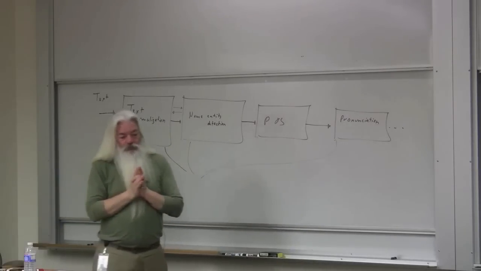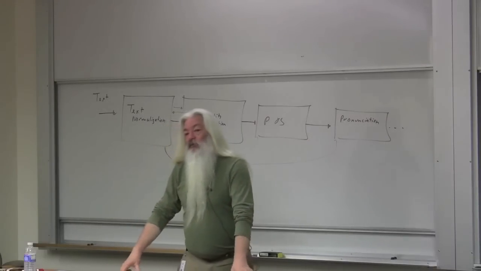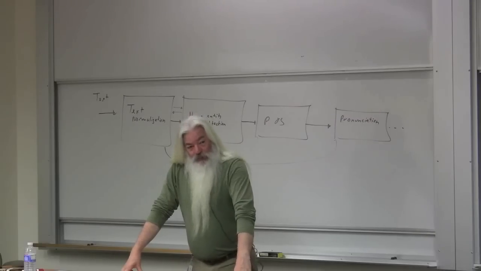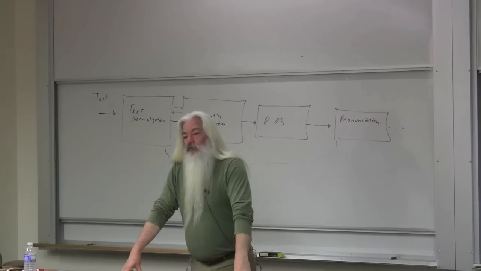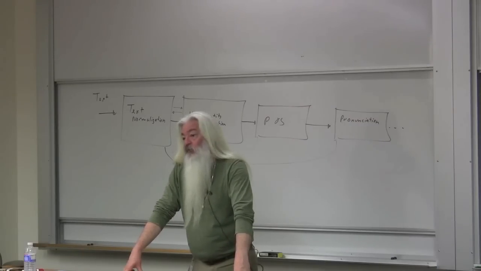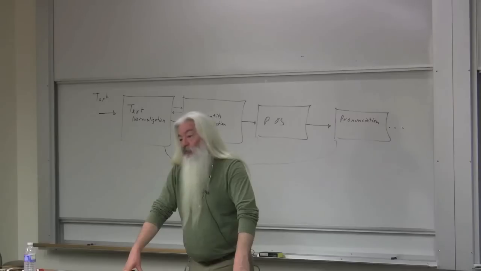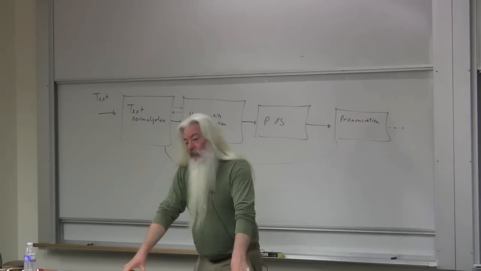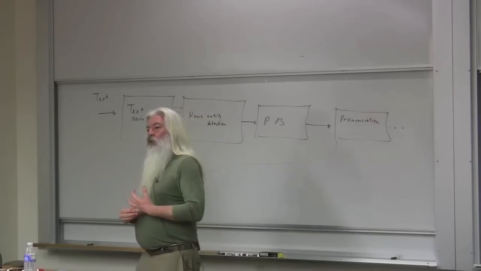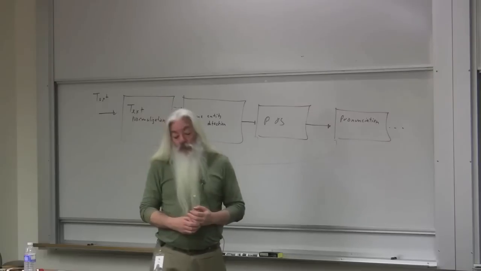The approach that we took at Apple, and others have taken this as well now, is to be knowledge-based. So we start off with a large dictionary. In our case, we have about 120,000 words in the dictionary, and each word has the phoneme strings associated with it for each of its possible pronunciations, tagged with part of speech and a little bit of semantic information. So the first line of defense in figuring out how to pronounce a word is to look it up in the dictionary. Trouble is,